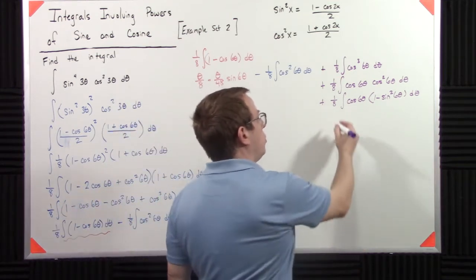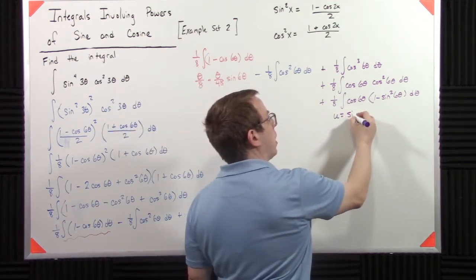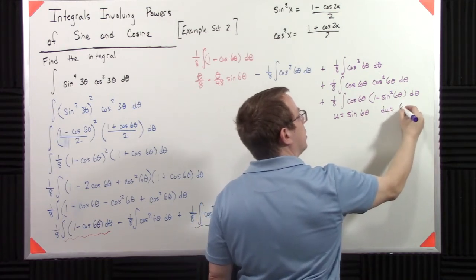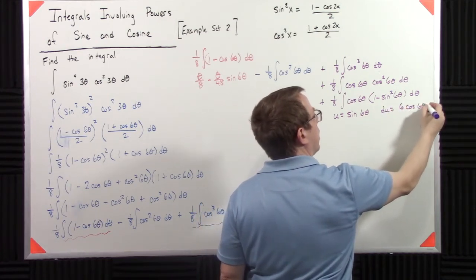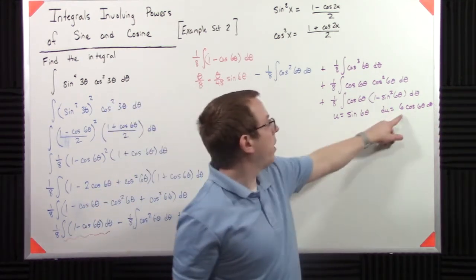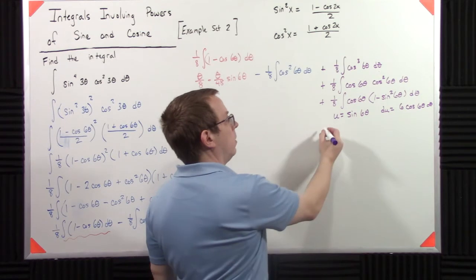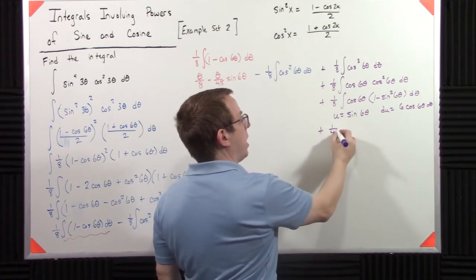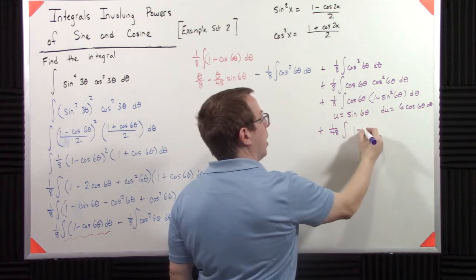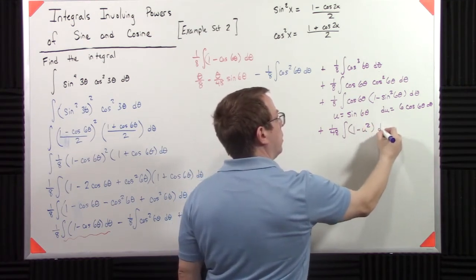I can say u is sine of 6 theta, so du is 6 cosine 6 theta d theta. Again, don't forget your chain rule. So then we would have to divide by 6 here. So that becomes 1 over 48, 1 minus u squared du,